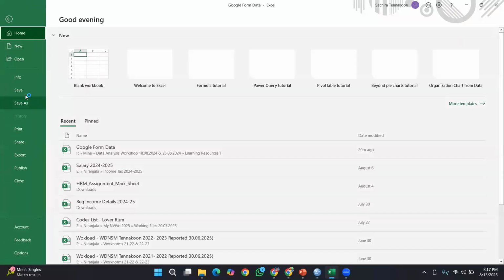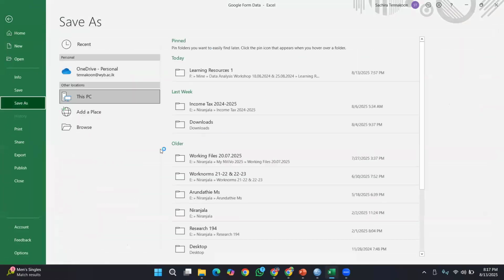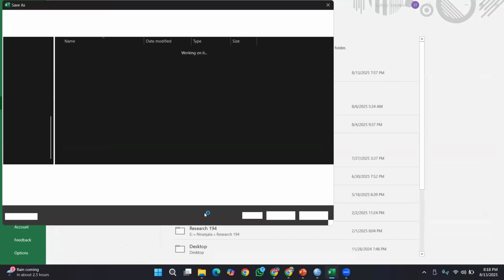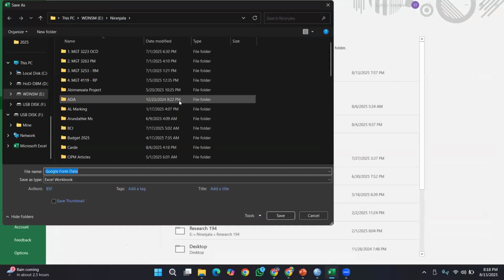So I'm not using this data set in order to perform the analysis. Instead, I'll be using it in order to demonstrate how you are going to import Google data